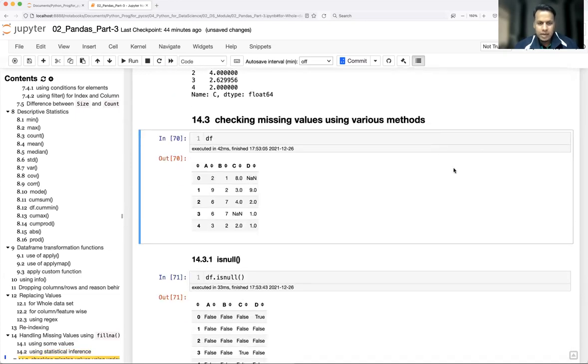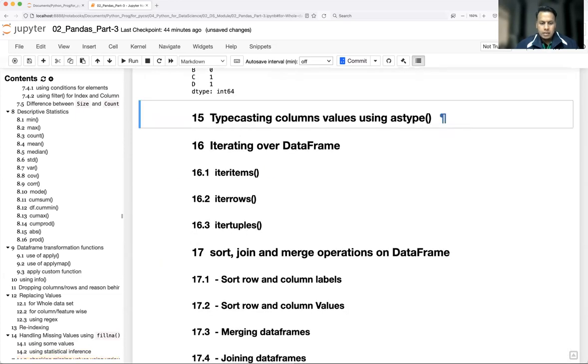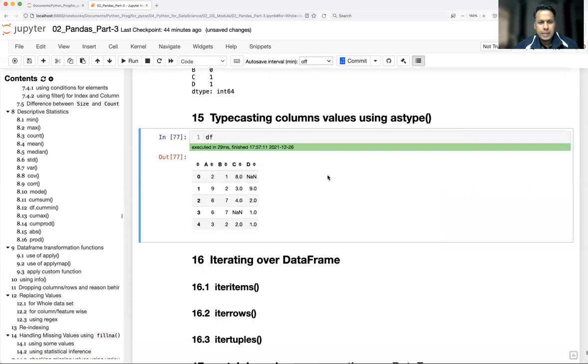Let's see how to handle that. So we have df. As I mentioned, string always has high priority. If I convert any one of the values to string type, everything is going to be typecast as string type.